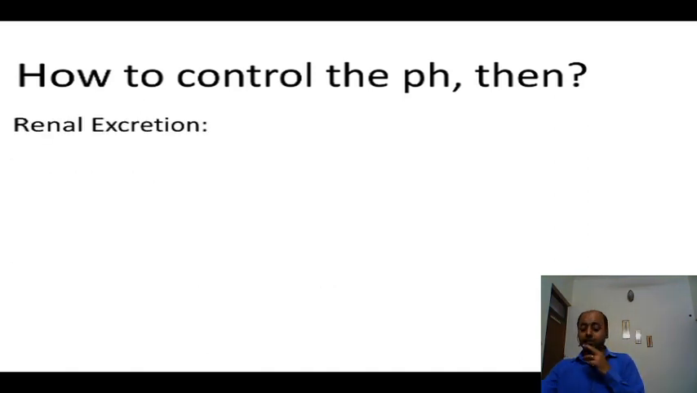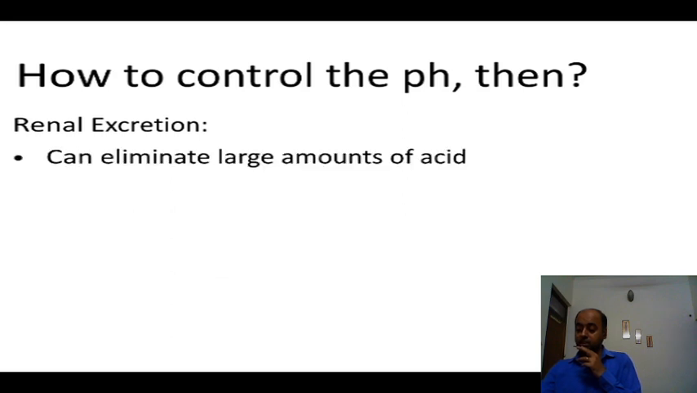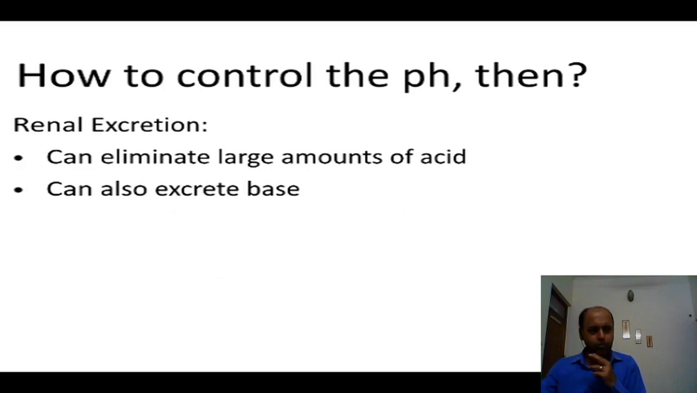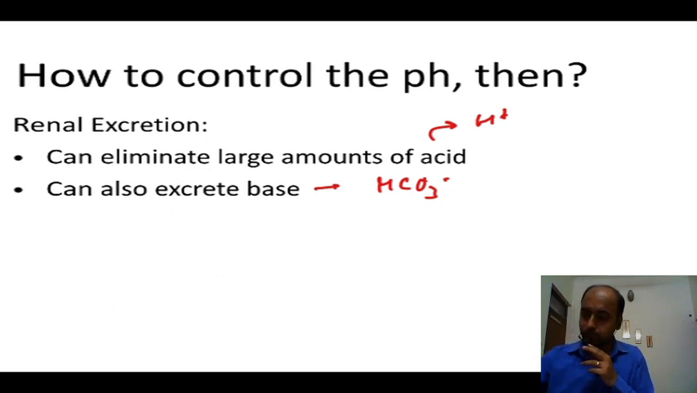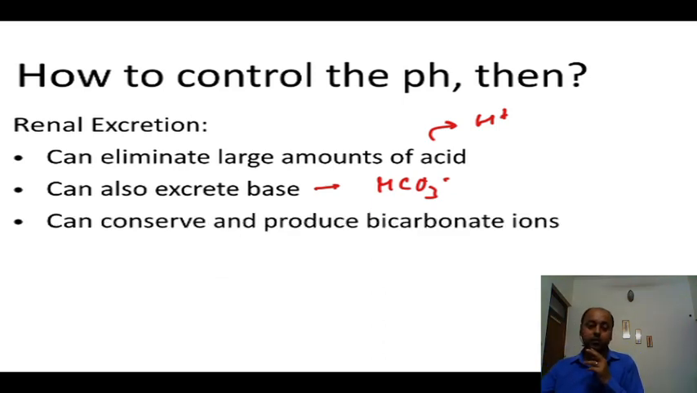And lastly, we have the renal mechanism. Renal excretion has the ability to eliminate a large amount of acid. It can also excrete the base. The acid excretion occurs via H plus, and the base excretion via excretion of bicarbonate minus. So the kidneys can conserve as well as produce bicarbonate, and we'll see all this